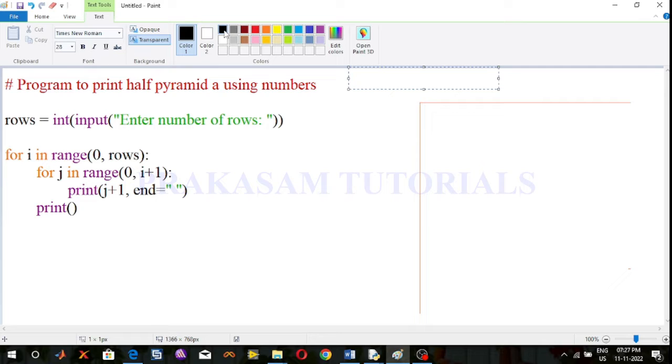Initially, enter the number of rows. rows is equal to input of "Enter number of rows". Suppose, for example, I enter the number of rows as 5. Enter number of rows 5, and that is the height of the pyramid. The shape of the numbers is a half pyramid. And now here, the first for loop indicates the number of rows and the second for loop